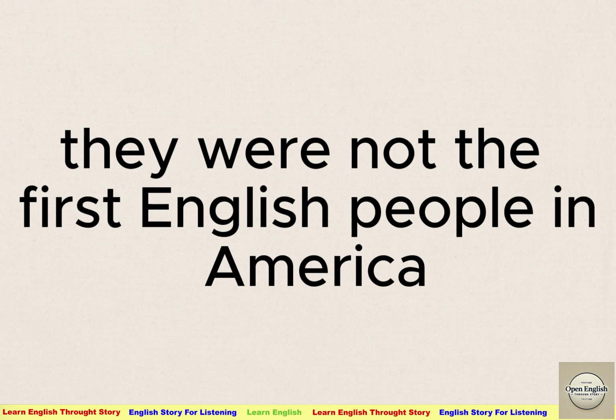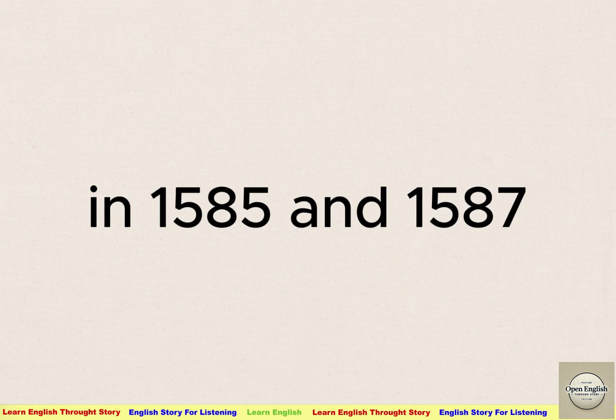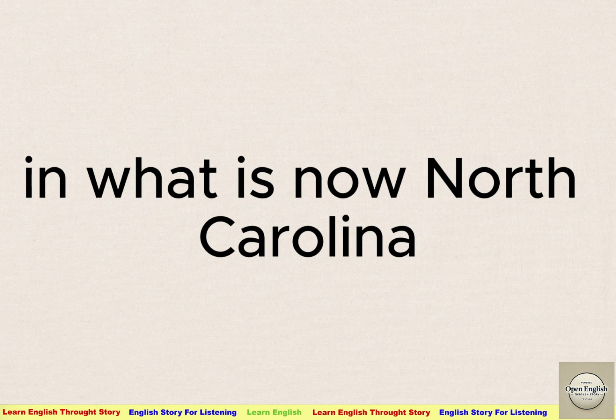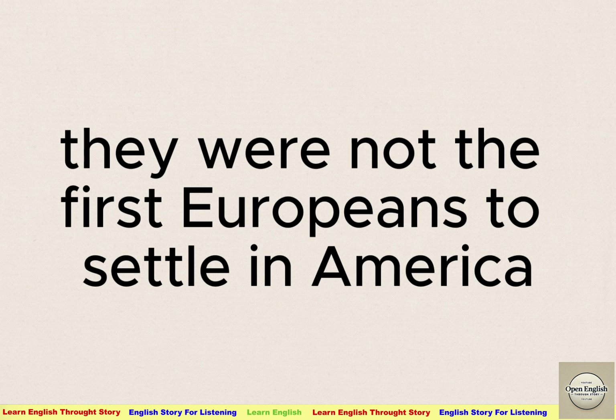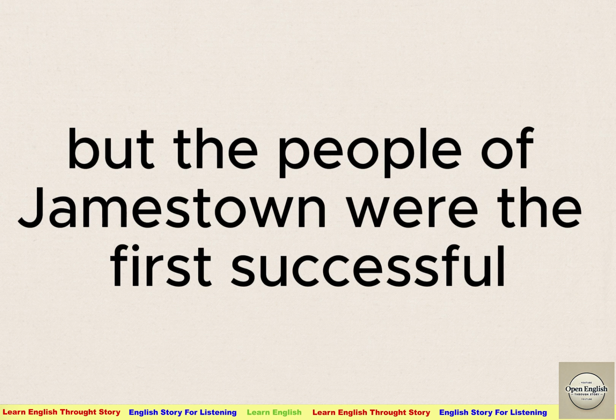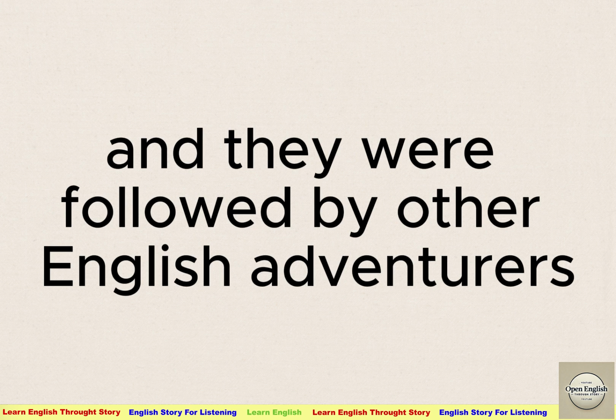They were not the first English people in America. In 1585 and 1587, people had tried to settle on the island of Roanoke, in what is now North Carolina. They were not the first Europeans to settle in America either. The Spanish had lived in Florida since 1565. But the people of Jamestown were the first successful English settlers, and they were followed by other English adventurers who